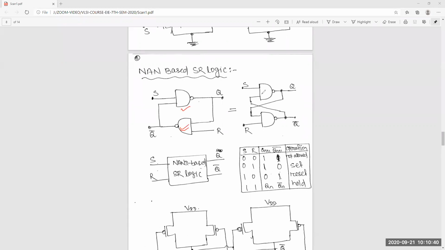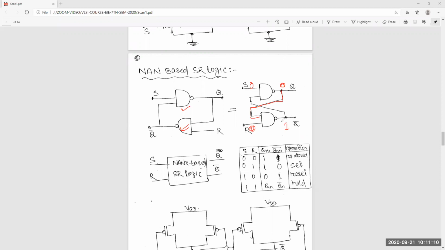If you redraw it properly, you can get it in this way. Now you can see again, if you give 0 and 0, what happens? Suppose initially 0, 1 is there. When you start, suppose you give 0 and 0.